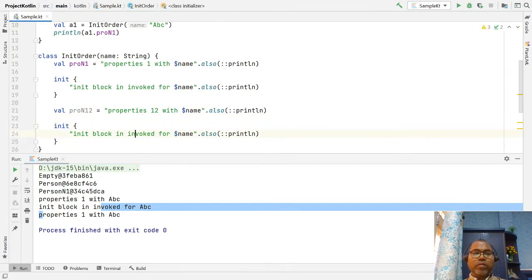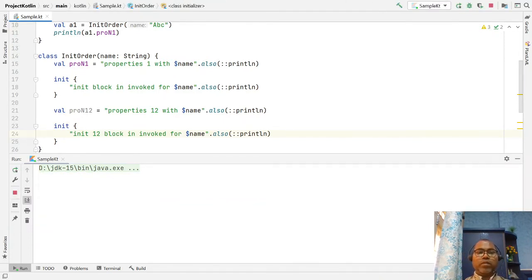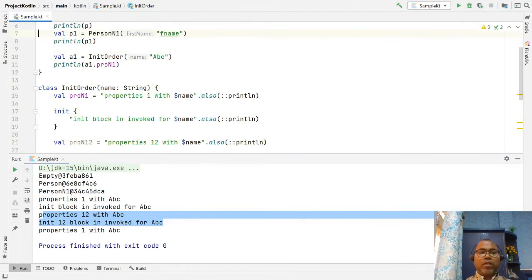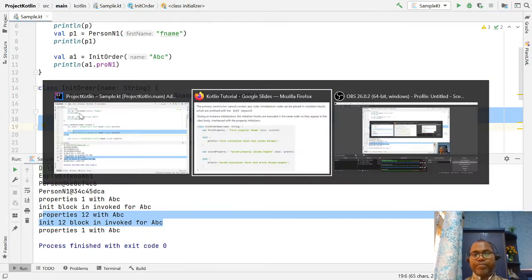Init 1 is invoked, so these two variables are also invoked, init 2 is invoked. So when you create your primary constructor and you want to do some initialization of some value, you can write some code in an init block. For each object, whenever you create an object, these initialization blocks are executed.